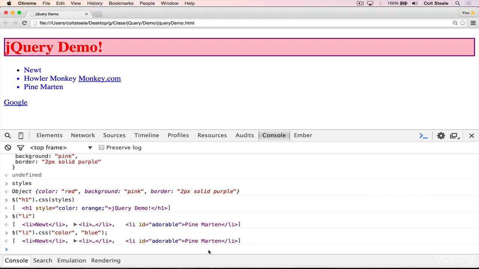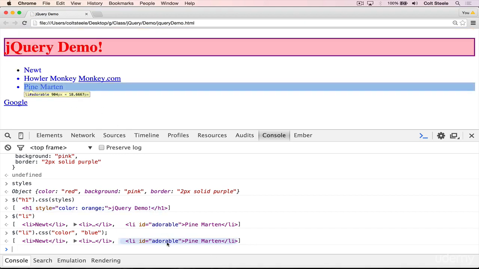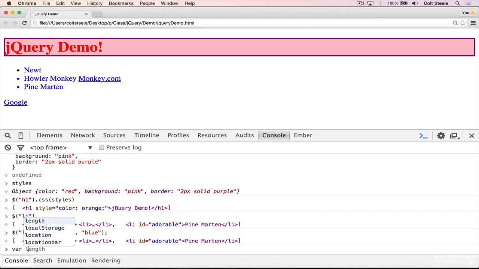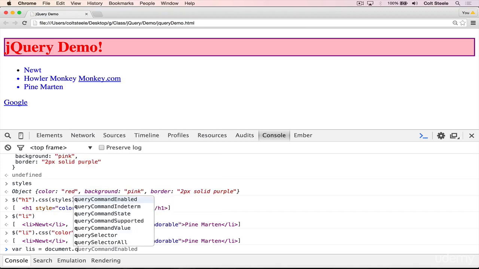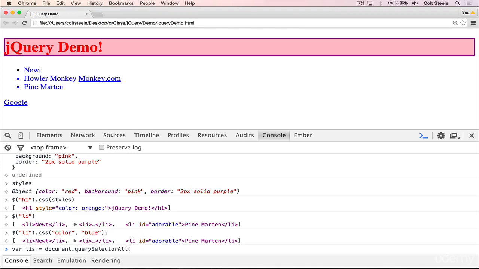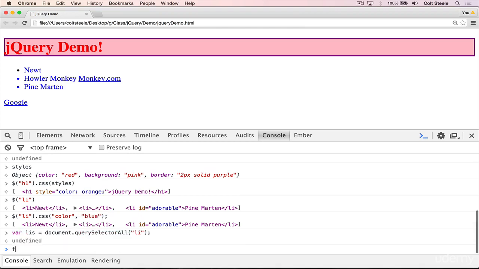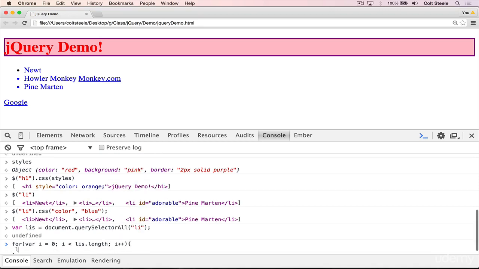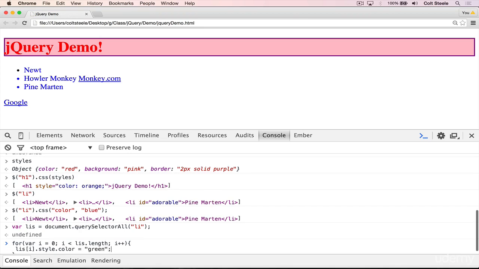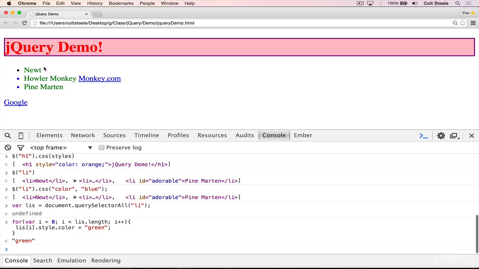So just to remind you, if I want to change all of them to be green without jQuery, I first need to select all of them. So var lis equals document.querySelectorAll, pass in the string li, and then I need to loop through. So for var i equals 0, i is less than lis.length, i++. And then inside the loop, we need to do lis[i].style.color equals, and we'll do green, just like that,